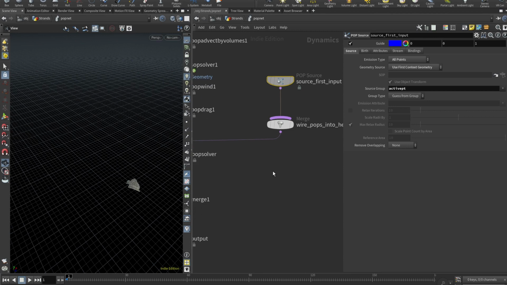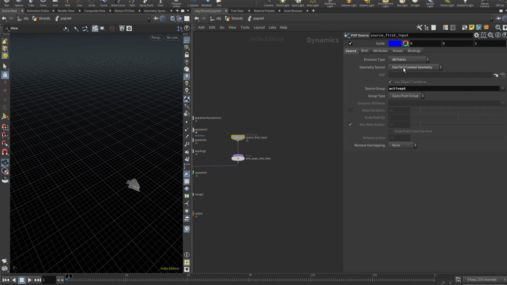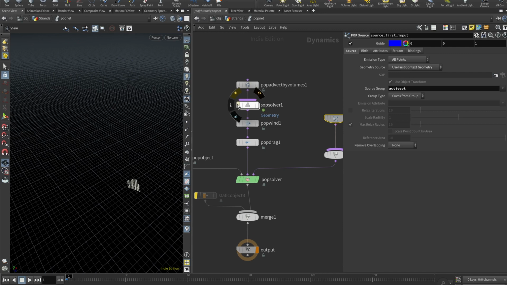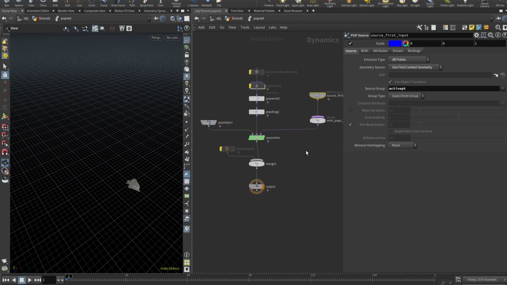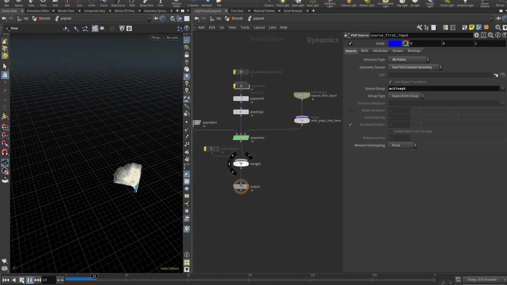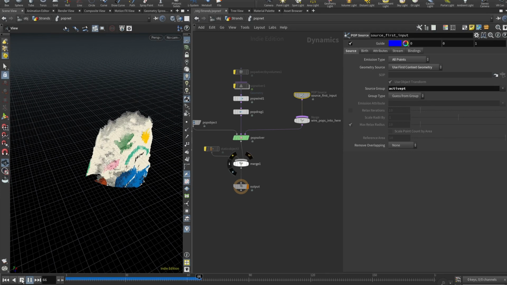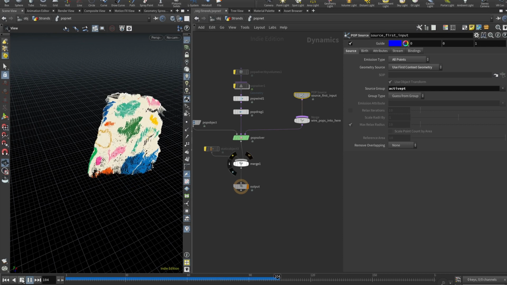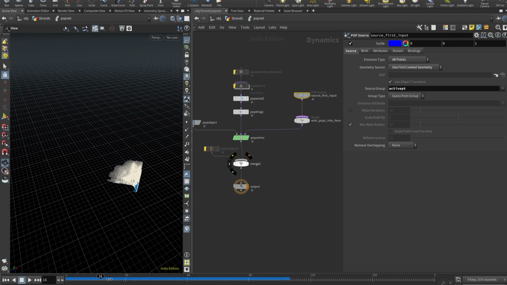First of all, source first input is set to all points and use first context geometry, and source group, this is very important, should be set to active PT. If I remove all of these and play this simulation, you can see how our active PT group is growing